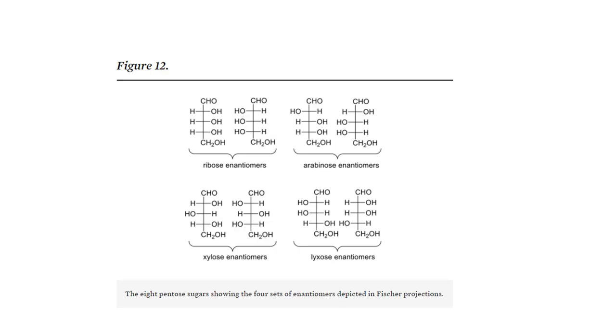There are 2 ribose enantiomers, 2 arabinose enantiomers, 2 xylose enantiomers, and 2 lyxose enantiomers. So between the D and L configurations, there would have been 8 possible pentose sugars for the genetic code to choose to use in the